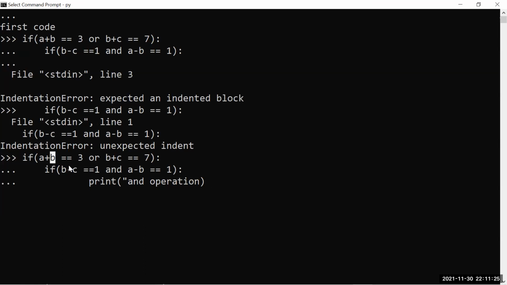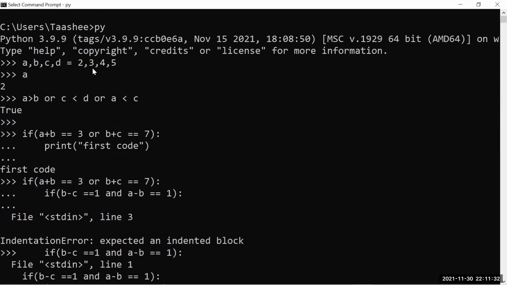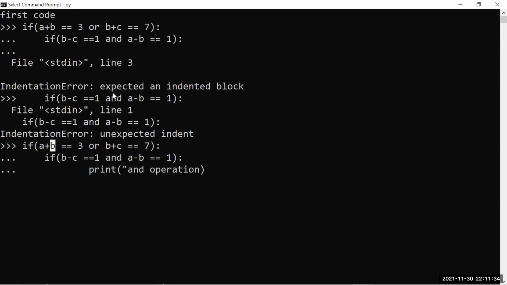Okay, and there is an operator here, which is the OR operator. That means one condition has failed. Now go to the second condition. What is the second condition? B plus C double equals 7. What is B plus C? It is nothing but 3 plus 4, which is 7. So this is true. Once this is true, it will execute inside. That means the if body executes only when the condition is true.